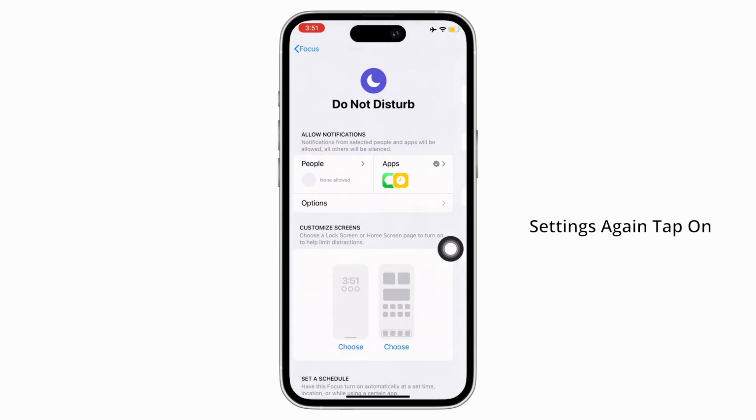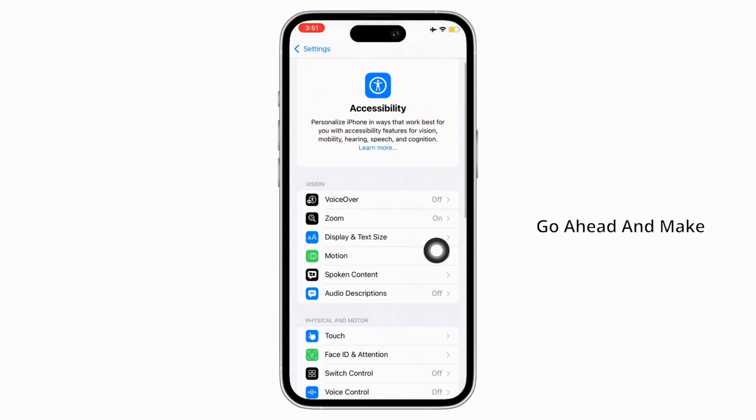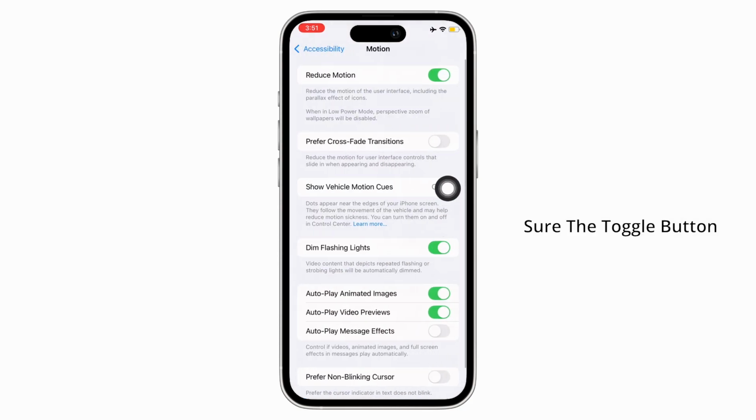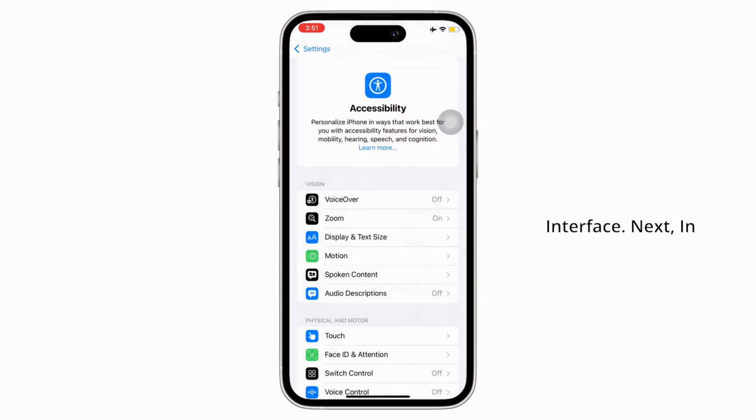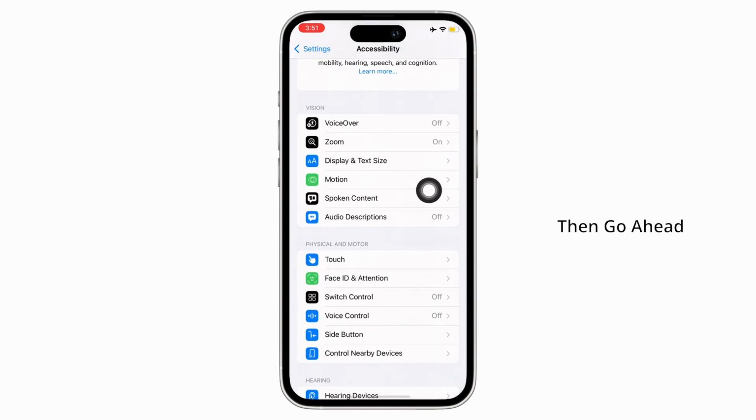Next, in settings again, tap on accessibility and then on motion. Here, go ahead and make sure the toggle button for reduced motion is enabled, as this will respond in faster user interface. Next, in settings accessibility again, tap on display and text size and then go ahead and toggle on